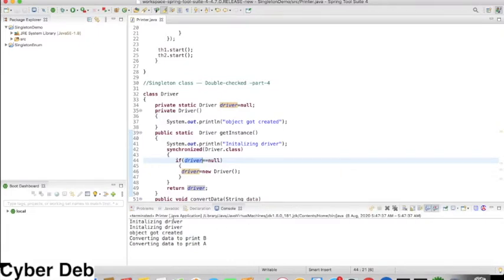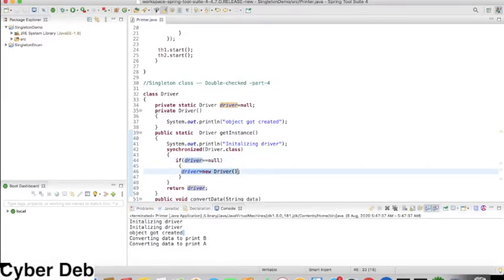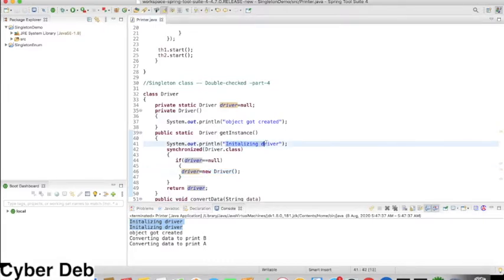Yeah, so this object got created, that line came, because this object got created, the constructor is getting called inside the synchronized block. These two lines came first, the order of output got changed. When the first thread enters into this method, it finds "initializing driver".